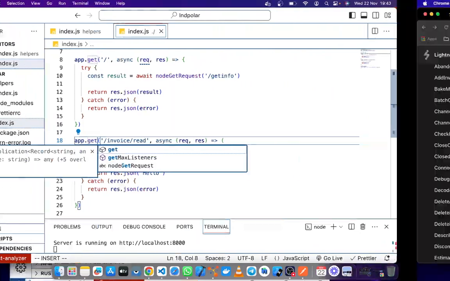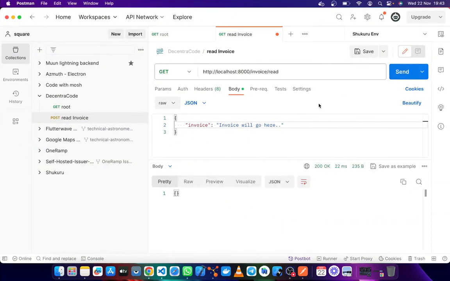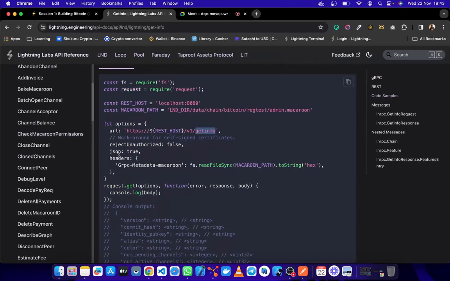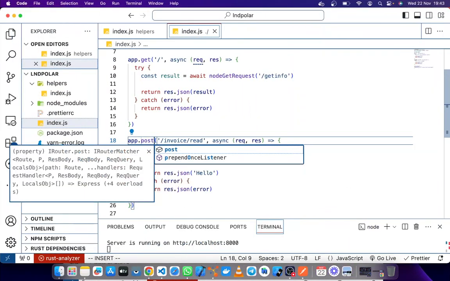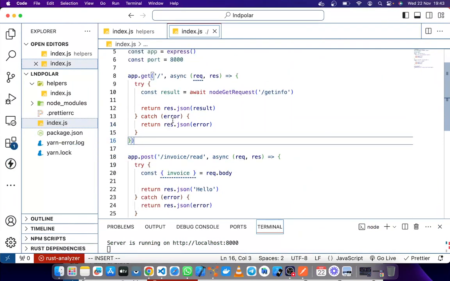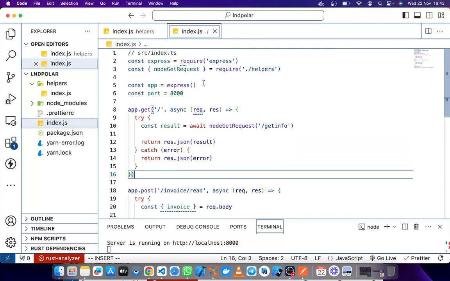Oh, I think I know what the problem is. The problem may be because what I know with Express, you have to configure everything from scratch.